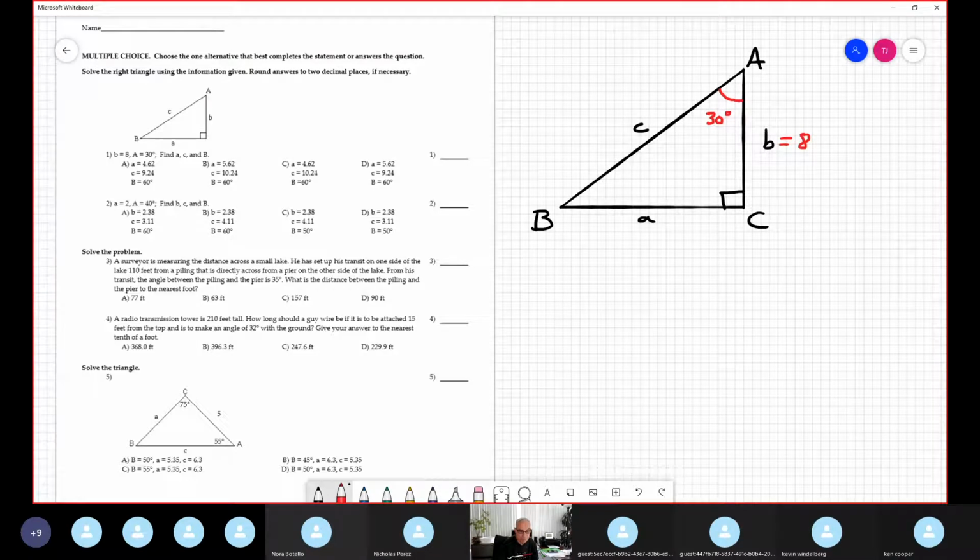Okay, let's do it. Now B is super easy because B and A are complementary. This is a specific case in which one corner is 90 degrees. In general, no. In general, the sum of the interior angles is 180. However, here one angle is 90 degrees. 180 minus 90 is 90. So B is equal to 90 minus